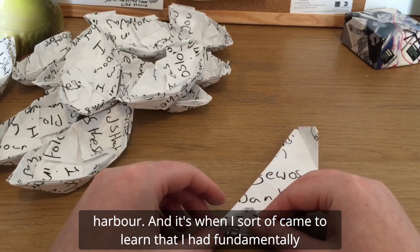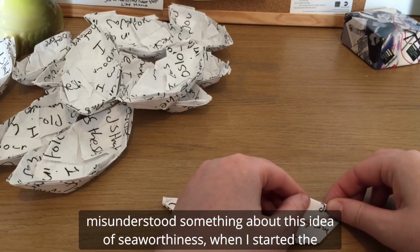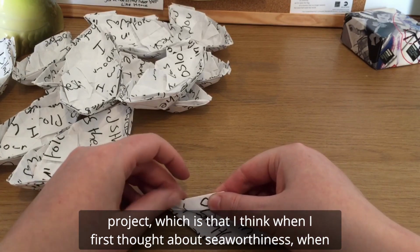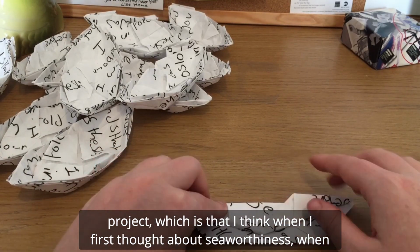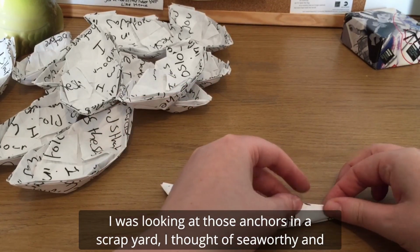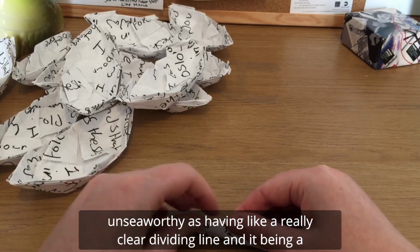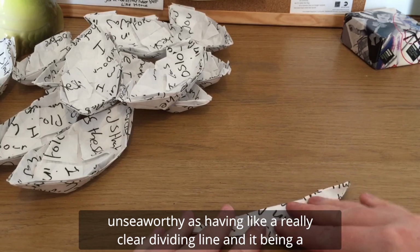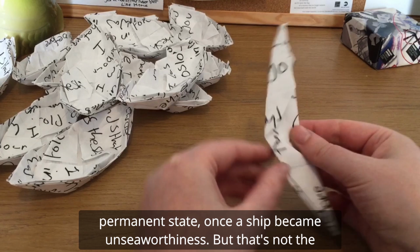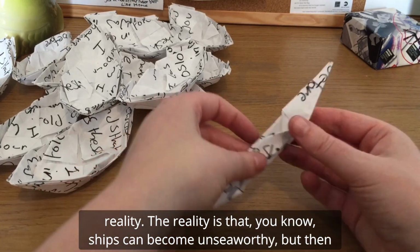and it's when I came to learn that I had fundamentally misunderstood something about this idea of seaworthiness when I started the project. When I first thought about seaworthiness, when I was looking at those anchors in a scrapyard, I thought of seaworthy and unseaworthy as having a really clear dividing line, and it being a permanent state once a ship became unseaworthy. But that's not the reality. The reality is that,